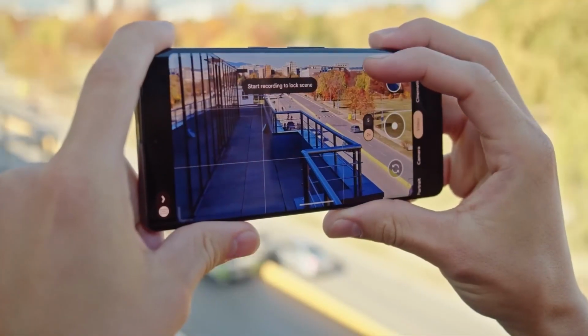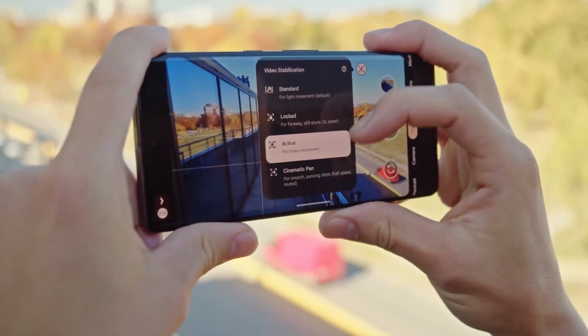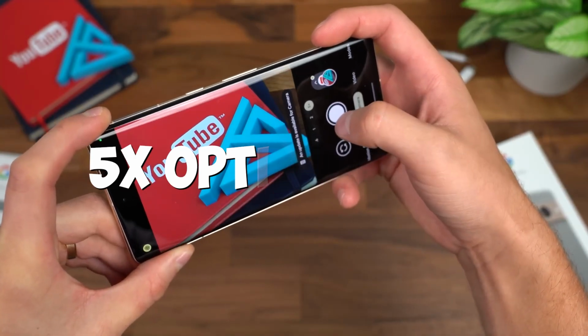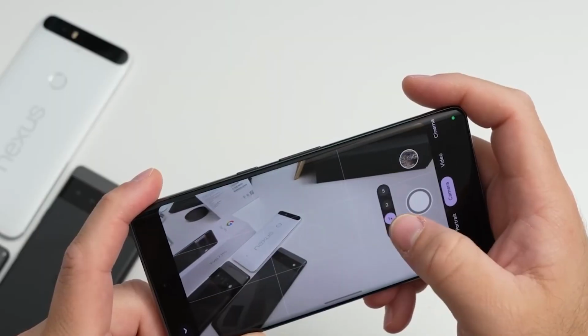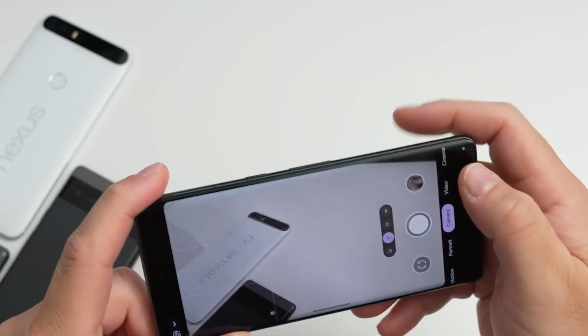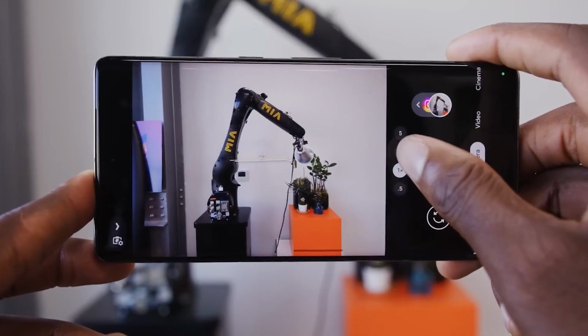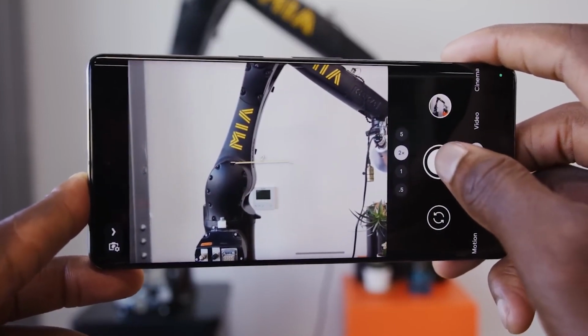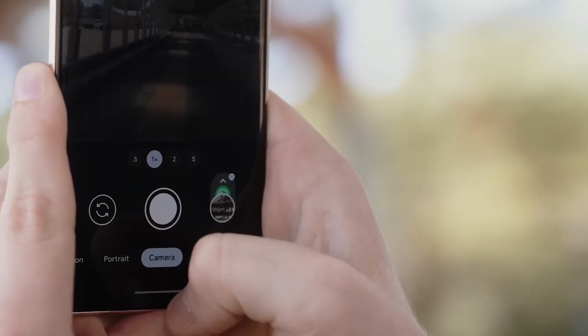I captured several breathtaking sunsets with vivid and true-to-life hues. The new 5x optical zoom on the 48MP telephoto lens lets you go close to distant subjects without losing image quality. The 12MP ultra-wide lens is comparable to last year's Pixel 6 Pro lens in terms of resolution and field of vision,